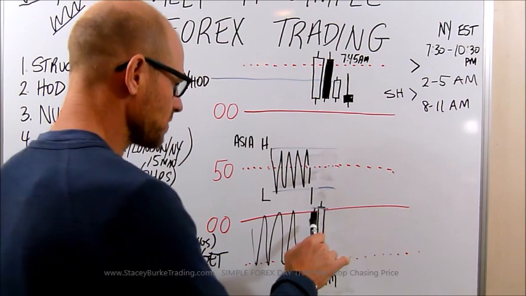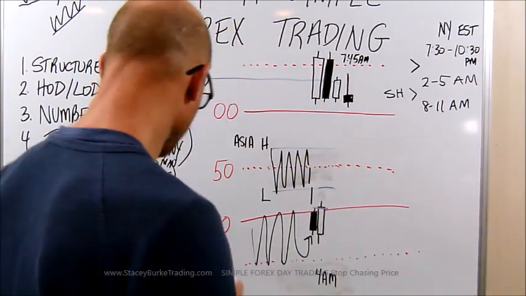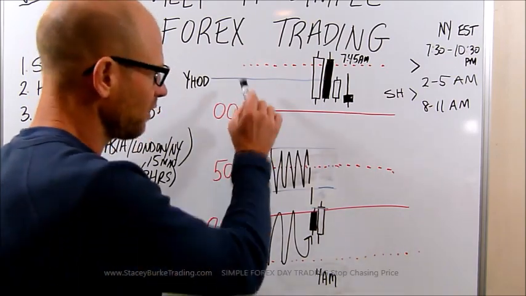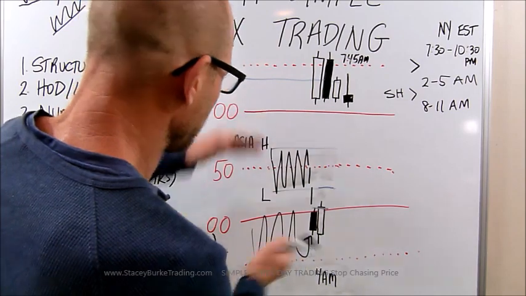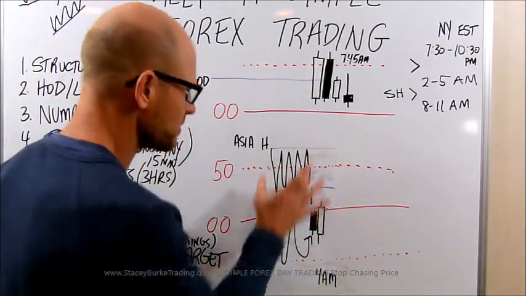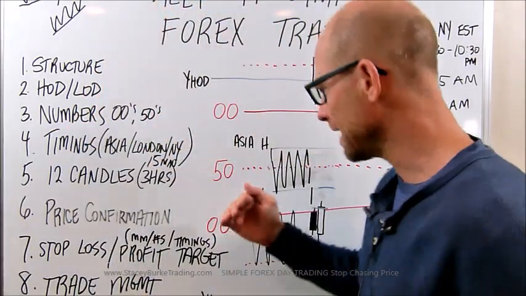But again, focus on double zeros. Go back, print some screenshots off, review your trades for the week. Remember the previous day's high and low. If we're the next day, if we're inside of that, we are still trading in the previous day's range. So those double zero boxes can give us a lot of information when we get to that